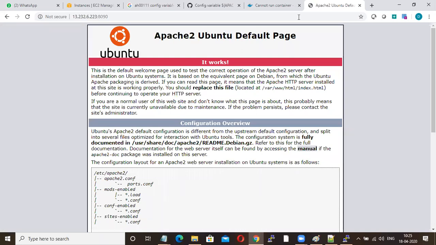So you should know how to troubleshoot it. Every time you launch one container, you have to give docker ps and verify whether your container is running or not. If not, then go to docker ps -a, then check the logs, and based upon your logs, you have to troubleshoot it. Fine.